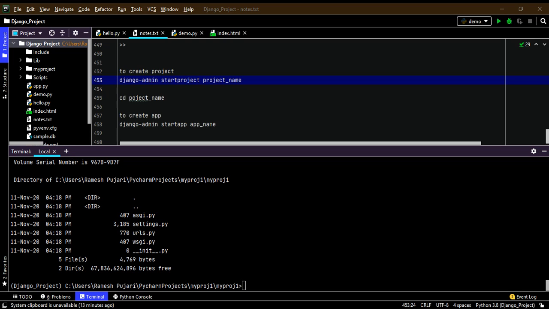In Python, when we create applications, these files are created automatically, as I already explained. The settings.py file is used for the configuration of the applications. We can configure database connections, and we can configure static files or links. If we are using static files, we have to link those files in the settings.py file only.